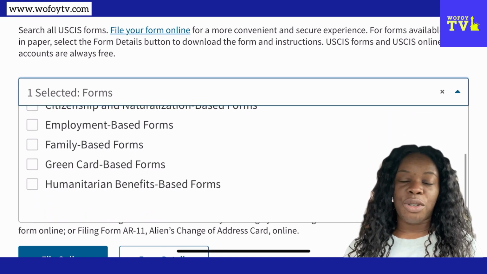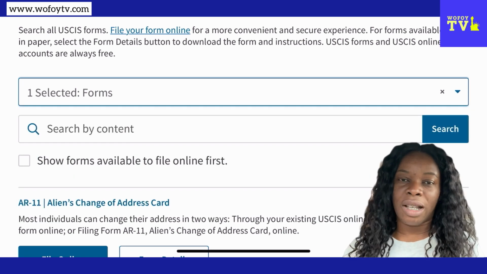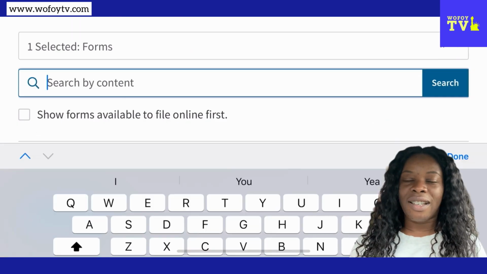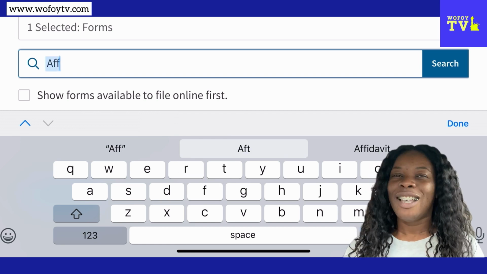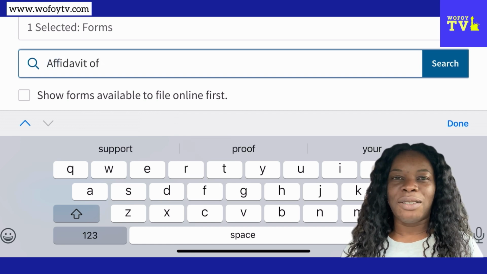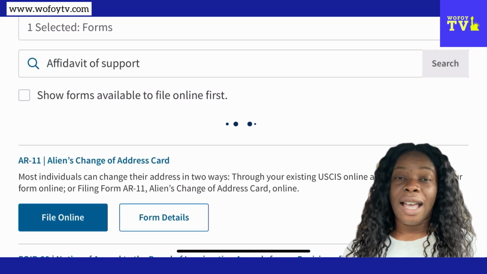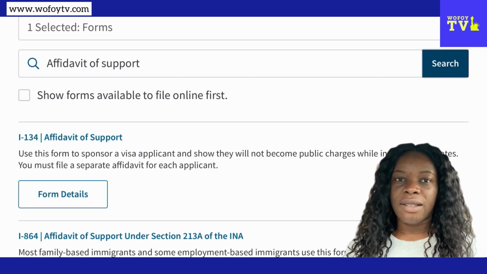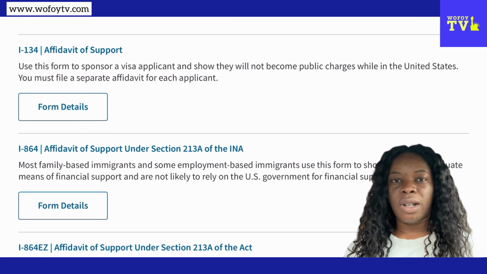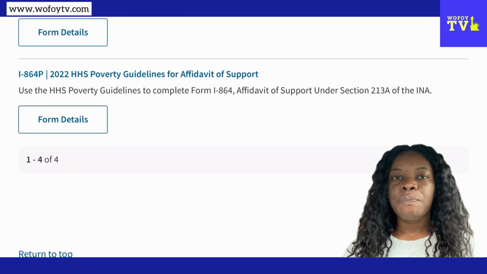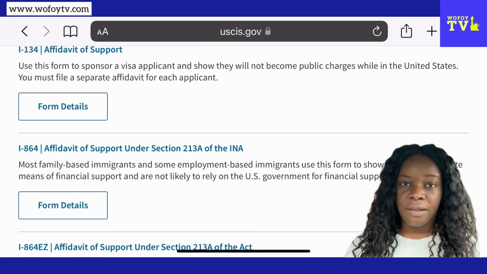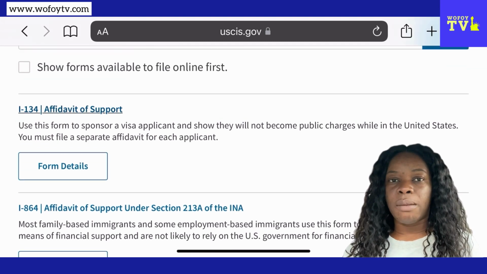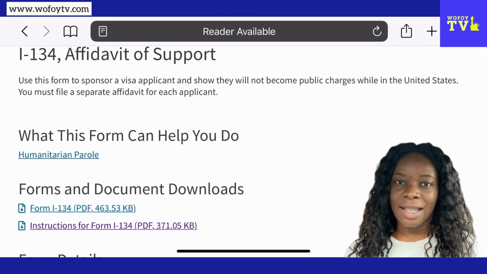For me, I'm not going to even choose whether it's green card or whatever. We're just going to select forms again. So just be consistent here. Forms. That will get us to where we need. And then after we select that, we're looking for forms, we can type the name in that search box. And I type in affidavit of support and then click search. All right. Now it's going to give us these various affidavit of support forms. Now the one that we're interested in is